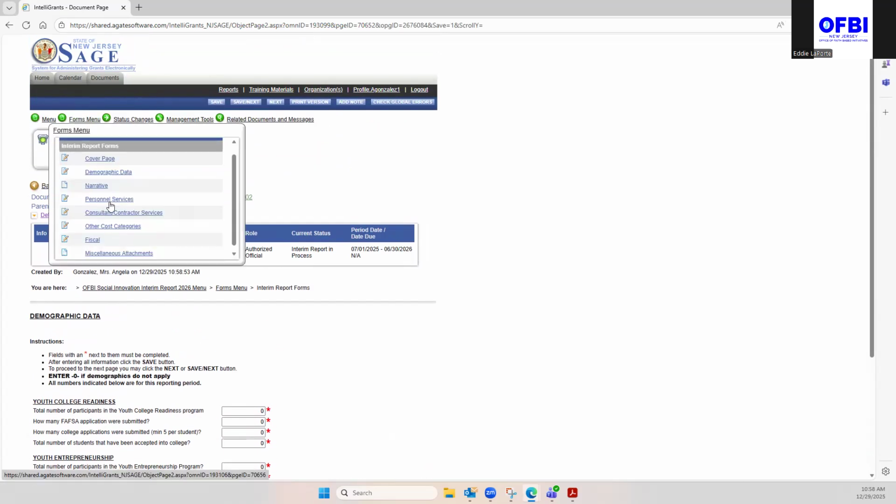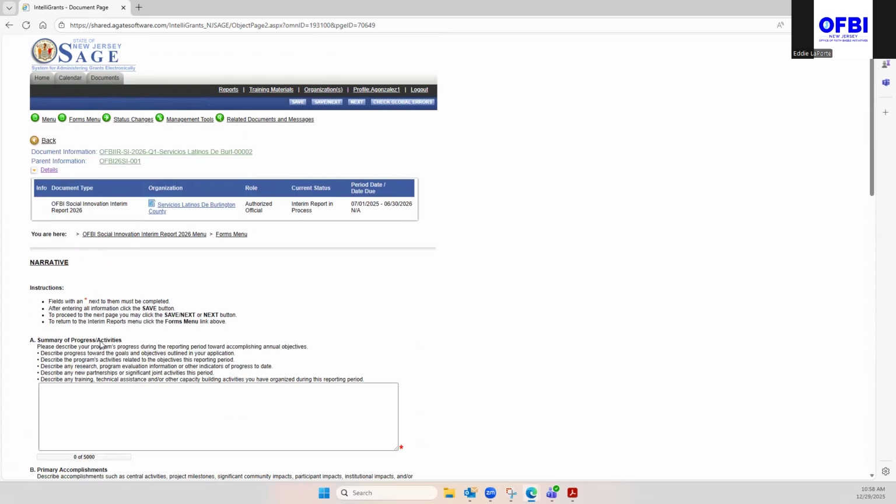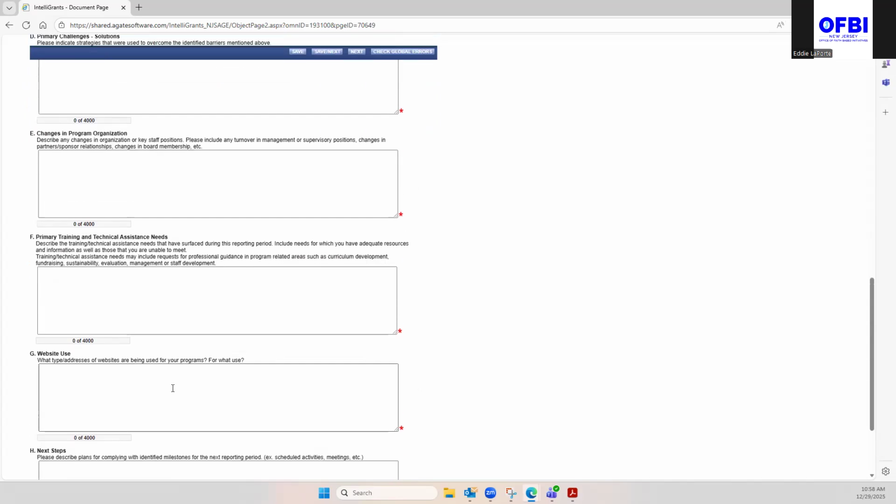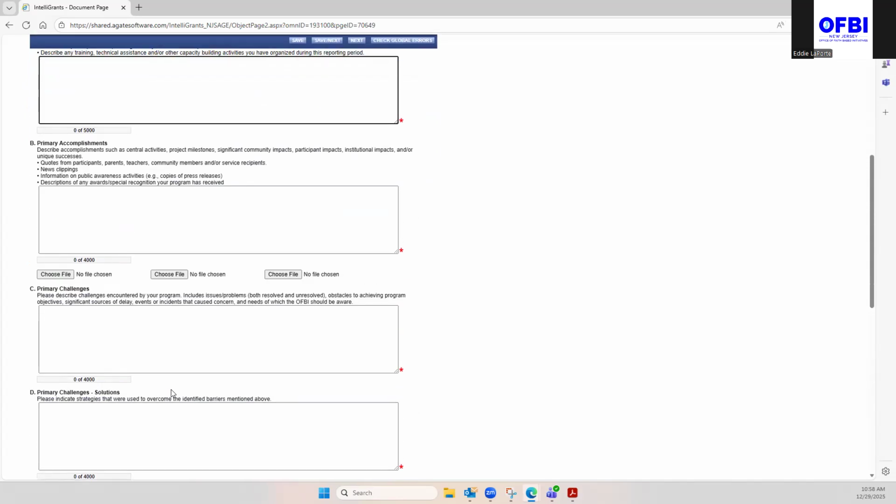And then you hover over Forms menu and you click the narrative. And then in the narrative, if you didn't do a program because you got the funding so late and you're waiting until the next quarter, beginning in January, then you're going to have to indicate in this information what you have done thus far from July 1 to December 31st. There must have been some planning going on, some meetings. If you implemented a program, we want to know,